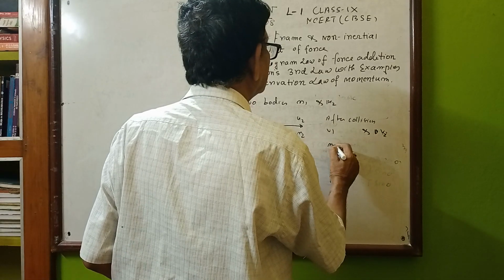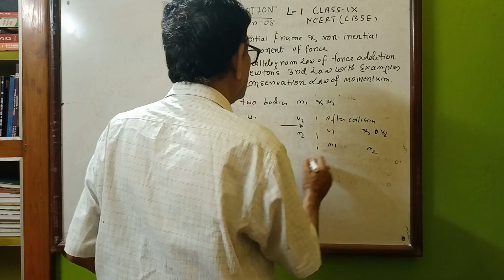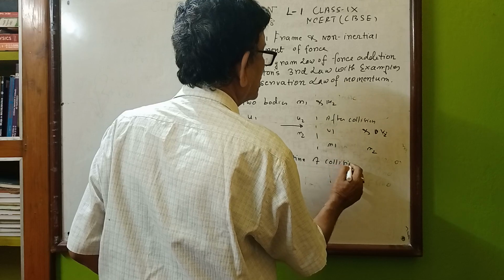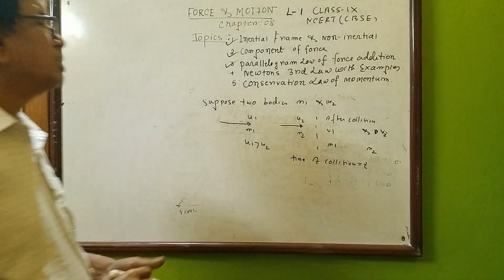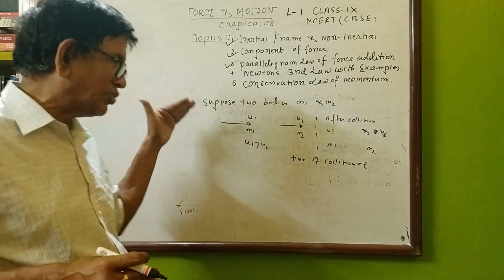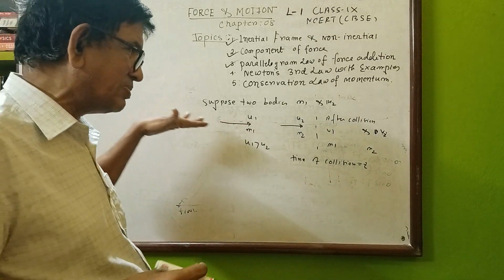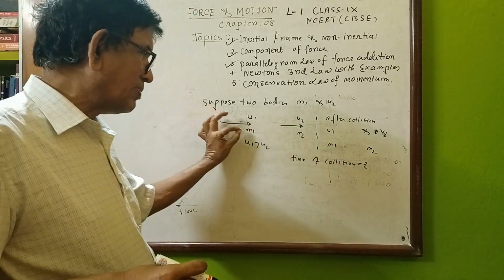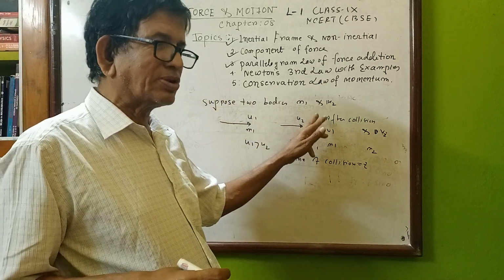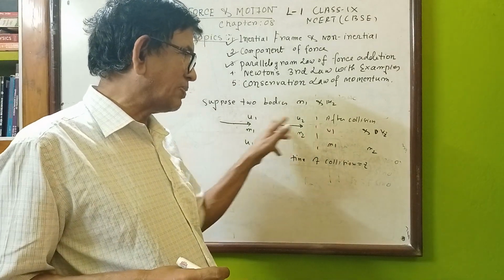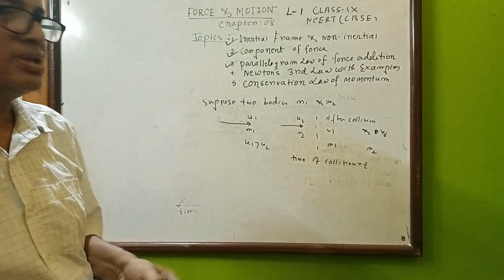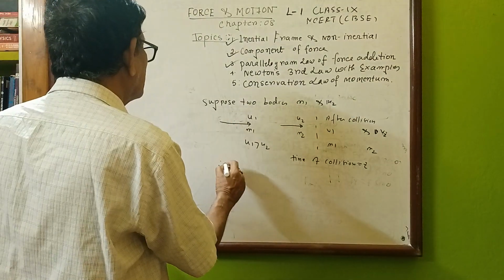Again I am telling, the time of collision is t. We are considering two bodies M1 and M2, moving with velocities U1 and U2, on the same track. Now certainly M1 will strike M2, and after interaction the velocity after collision will change. The velocity of M1 will be V1 and the velocity of M2 will be V2, and the time of interaction is t. So now I am considering force